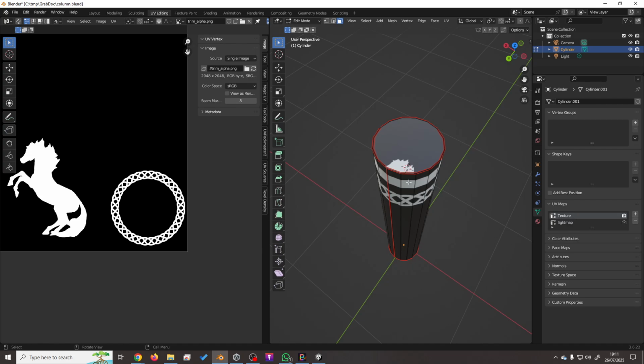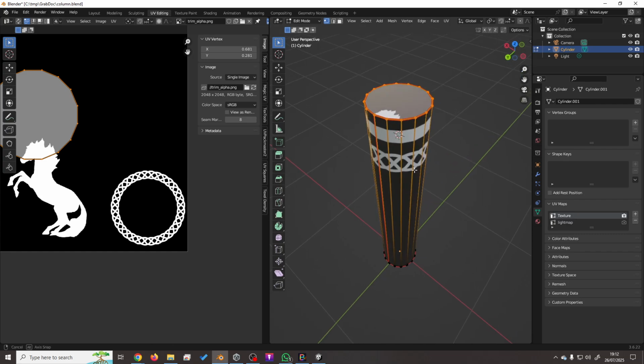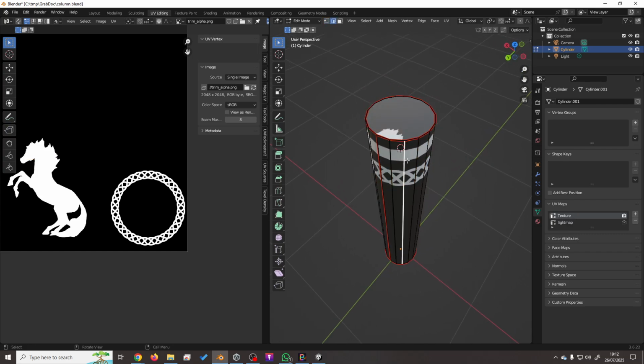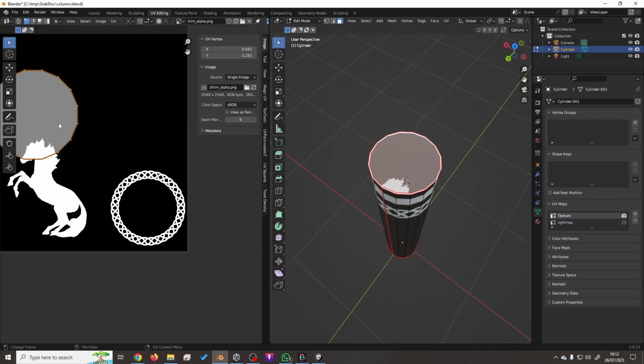And I'm pressing 3 to go into face mode, so when I click I'm selecting a face. 1, 2 and 3 basically is vertices, which is your dots, 2 for the edges, I can select individual lines, or 3 for faces. So we'll select that face and I want it,